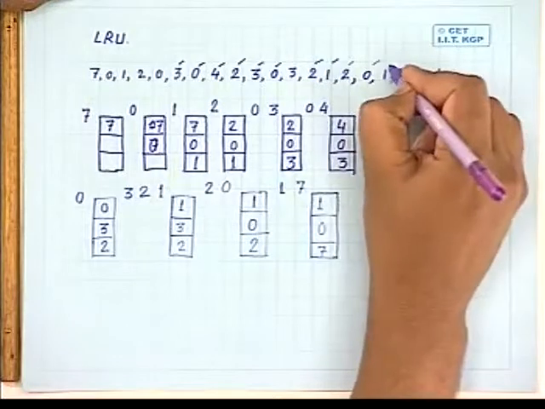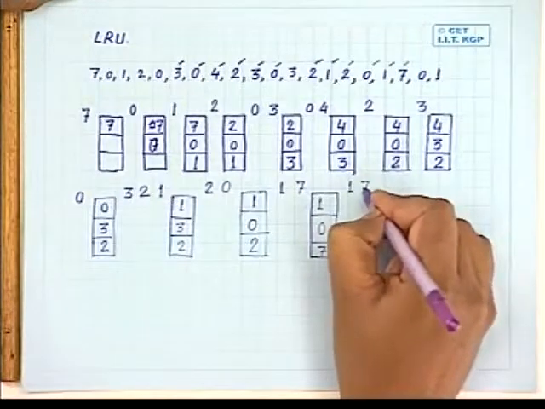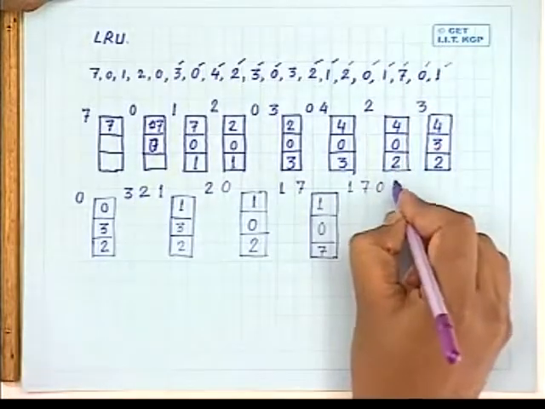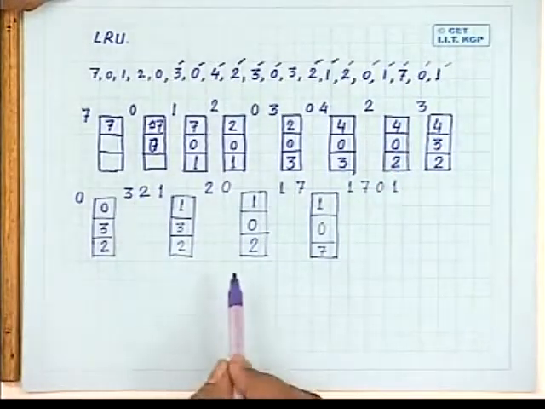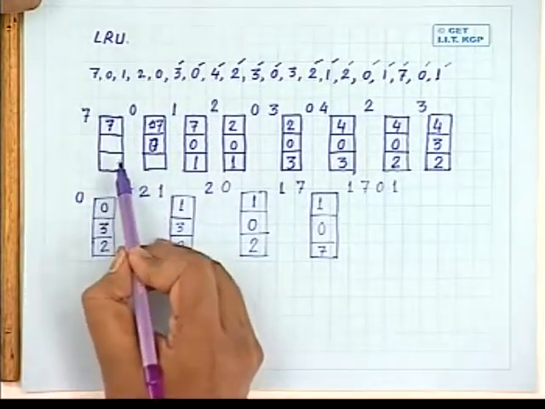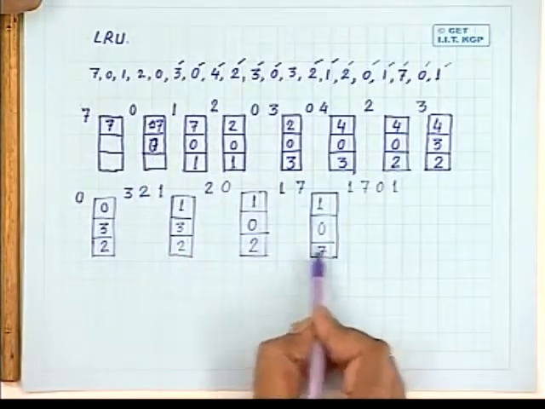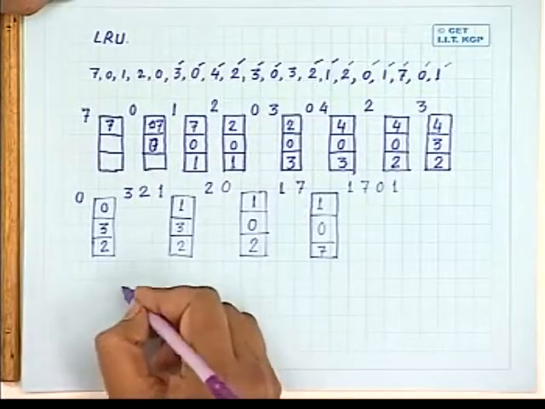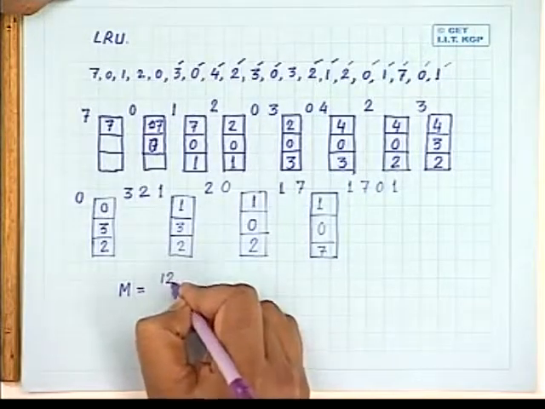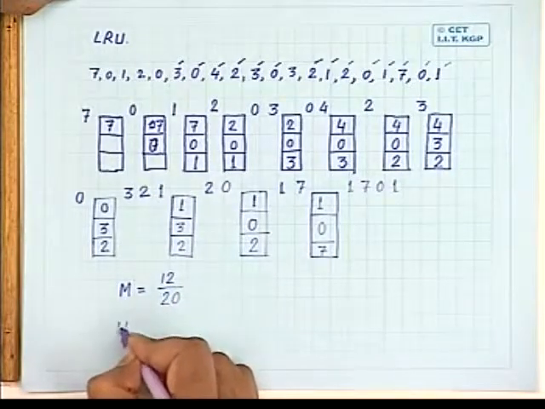Okay. Next time when 1 is referred, there is no page fault. 7 is referred, there is no page fault. 0 is referred, again there is no page fault. 1 is referred, there is no page fault. Okay. So now you find that the number of page faults or the number of misses that you have is 1, 2, 3, 4, 5, 6, 7, 8, 9, 10, 11, 12. Okay. So accordingly, your miss ratio will be 12 by 20, and hit ratio will be